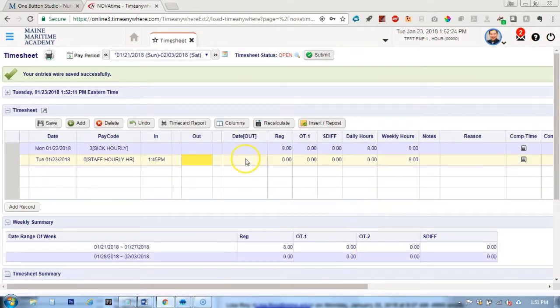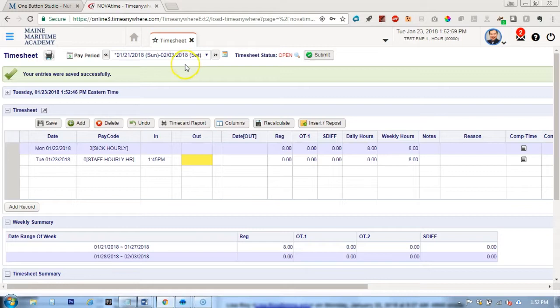This individual has 145 hours of vacation and 76 hours of sick and 33.38 hours of comp time. Now, right here, you'll see if you hover over the yellow cell, it says missed punch. Because this day is not yet over, this is not a missed punch. But if this were tomorrow, for example, that would then be a missed punch and would have to be corrected by your supervisor. I'm going to go back 1 or 2 pay periods in order to be able to show you some other